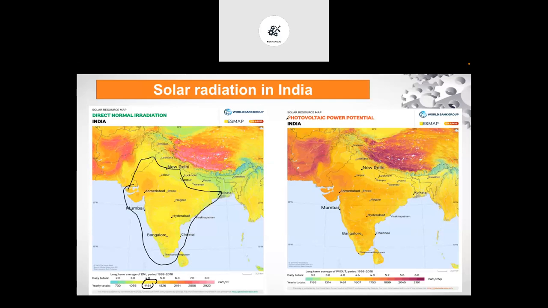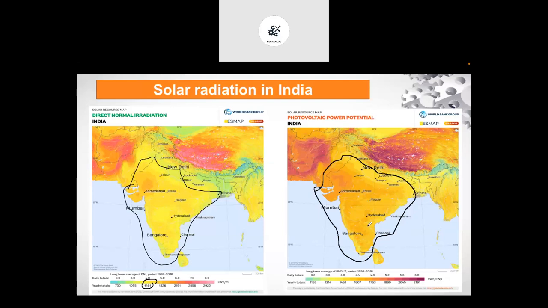On the right hand side, you will see this contour map of the Indian subcontinent showing the photovoltaic power potential, meaning how much power we can generate at that particular location. Here also, across India, if you leave the northern part near the Himalaya ranges, all other areas, which include the Deccan Plateau, some upper parts of UP and Bihar, and parts of Rajasthan and Gujarat,